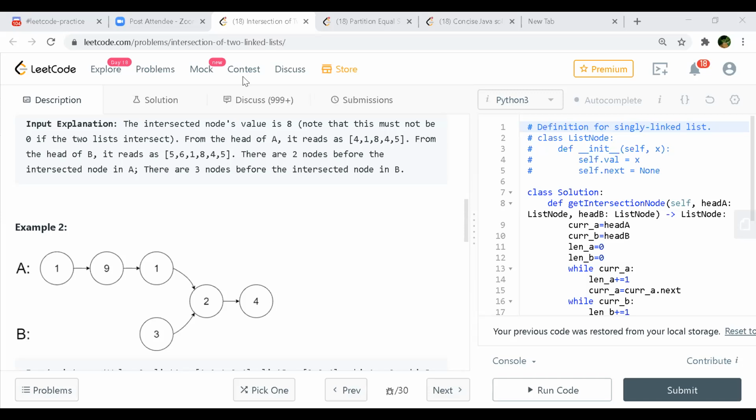What is the space and time complexity for this one? Time, I think, is O of n for the length, and space would be O of n as well. Both are O of n. But there are two lists, right?